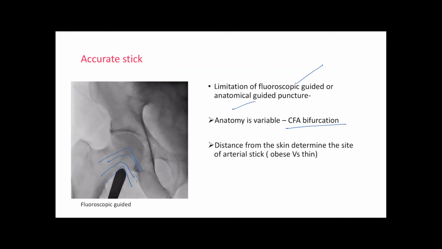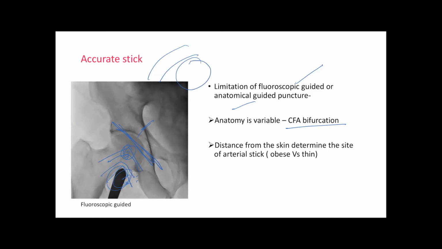In that situation, you can't do much. But even if you have a bifurcation here for routine procedures, even if you are having some bleeding there, you can easily press that side. But you can't press it when the puncture is very low. And your puncture should not be above the upper border of the head of the femur, because in that situation, as I said, the artery usually dips and you will not have enough counter pressure